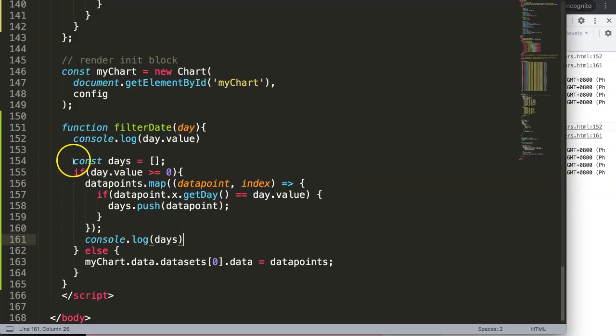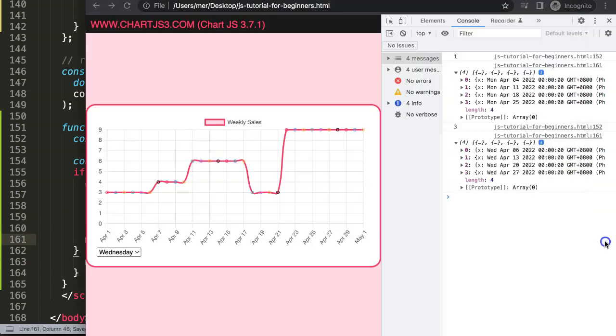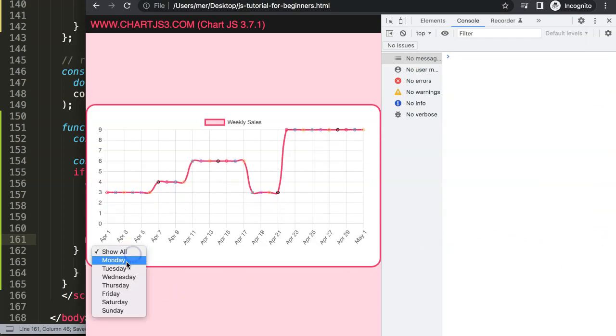Because we set this here in the if, basically in this function, we always reset this back to 0. And we could even force this by saying length 0 if ever it would not work. But in this case, it works very nice. I'm going to copy this, put it in here. And then what I will say, your data will be days. Save, refresh. All right. So now, Monday,